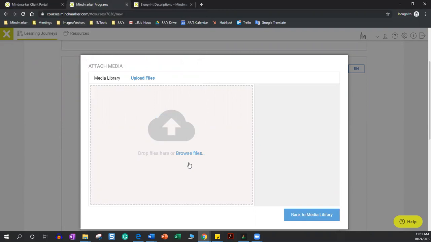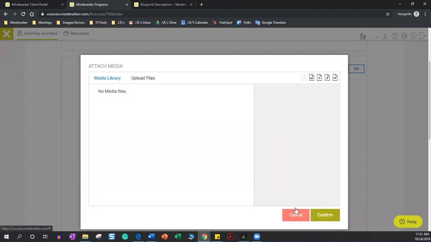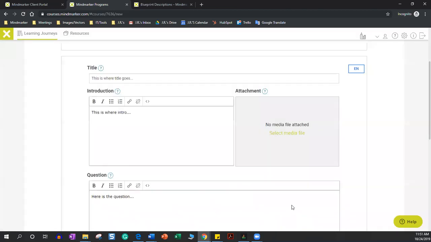You can use pictures like JPEGs and PNGs. You can add MP3 files for audio. You can add short videos in here. You can add PDF files. Again, we have a whole listing that you can view via our manager's guide of the different files that we allowed in Mindmarker, and of course, all the specs and things like that that come with